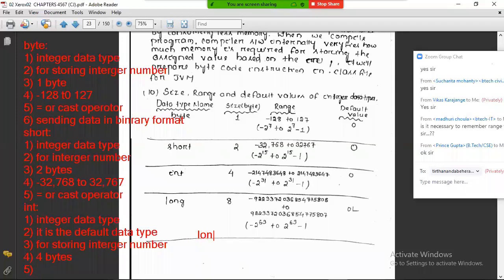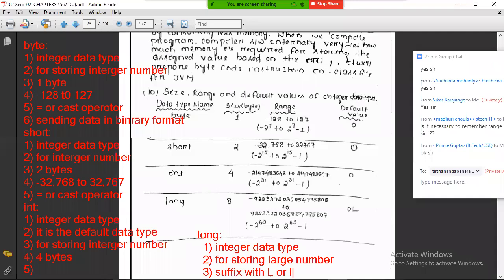The next, long. Tell me the long data type related points. It is also an integer data type. Second point, it is not the default data type. It is used for storing large numbers. Next, we must suffix with capital L or small l to represent as long.